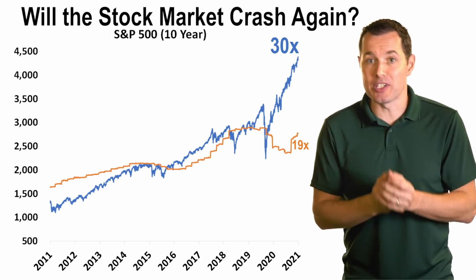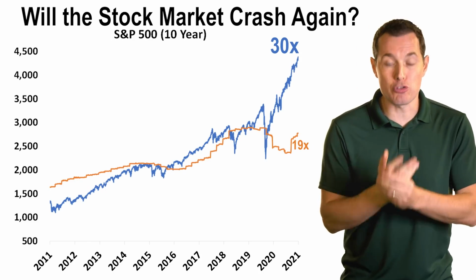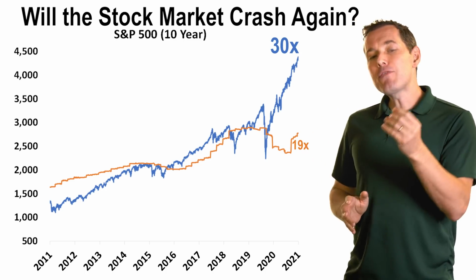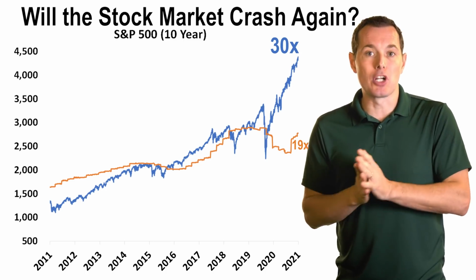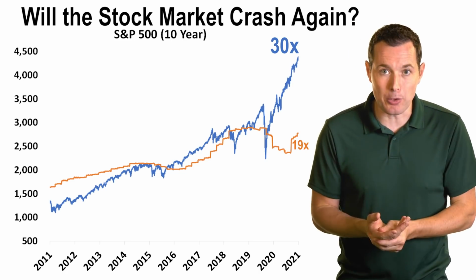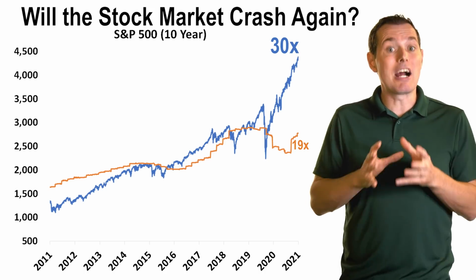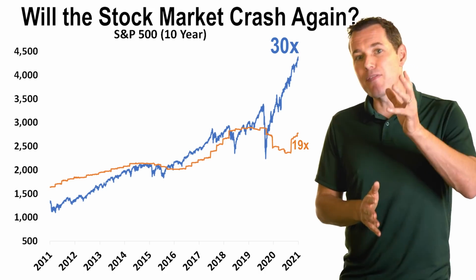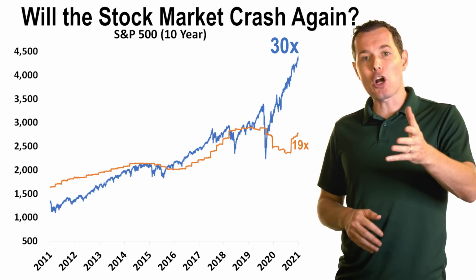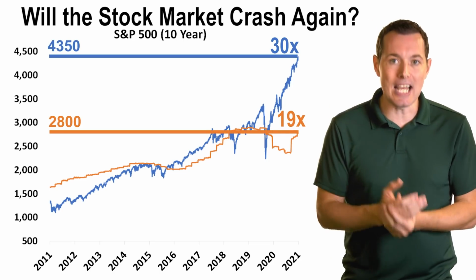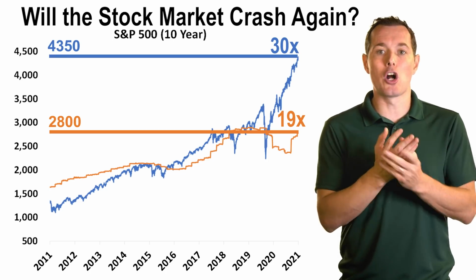So now to answer the question, if the stock market were to crash, how far should it fall? Well, if we believe that 19x is a logical number to go with, and I think it's a good number for us to stick with, well, we have to assume that at some point the stock market price will revert to the mean. And if that should happen, well, the stock market would need to fall by about 35, 36% to get us there. This would bring us back to the long-term average.